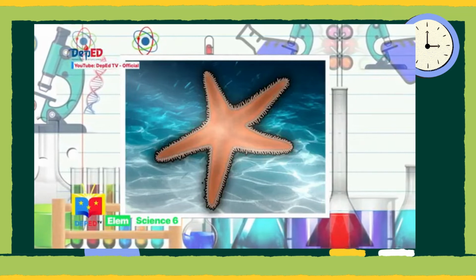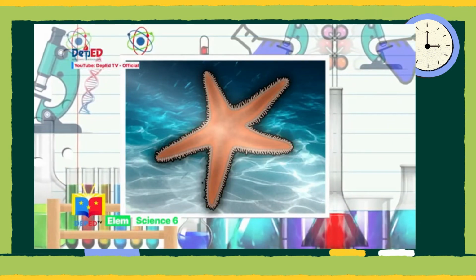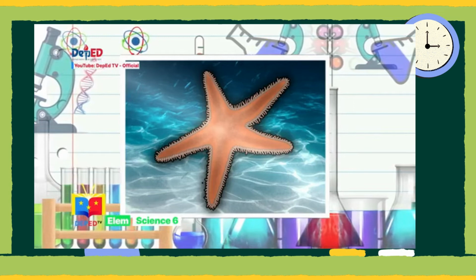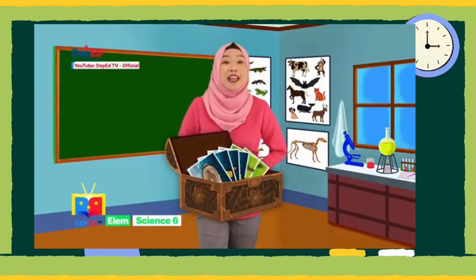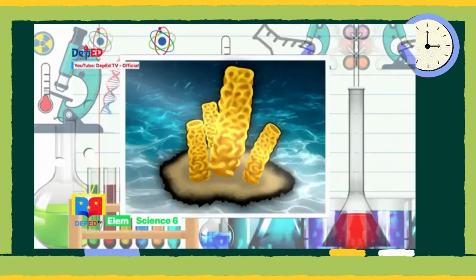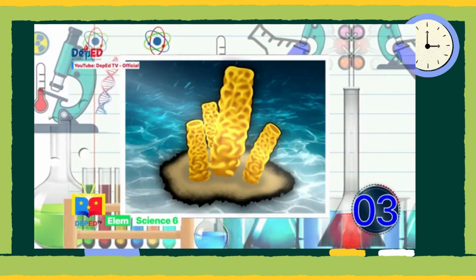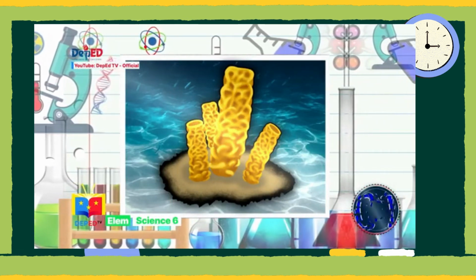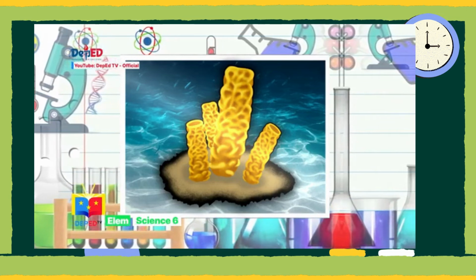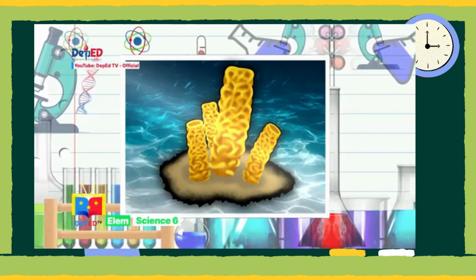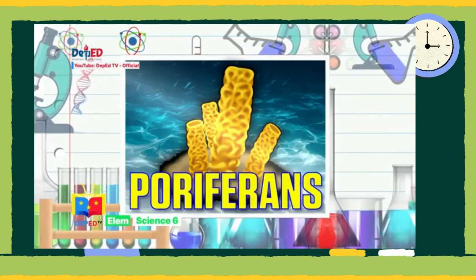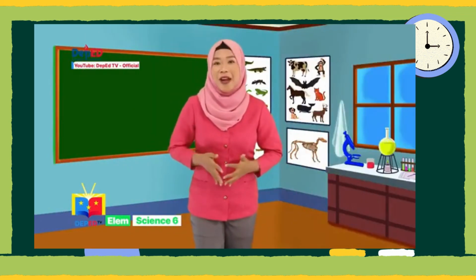That's correct. This is a picture of a starfish. The starfish belongs to the group of echinoderms. Now, it's time to pick the fourth picture. The fourth picture is... Awesome! This is a picture of the sponges. The sponges belong to the group of poriferans. That was a great performance, science-minded learners. You were able